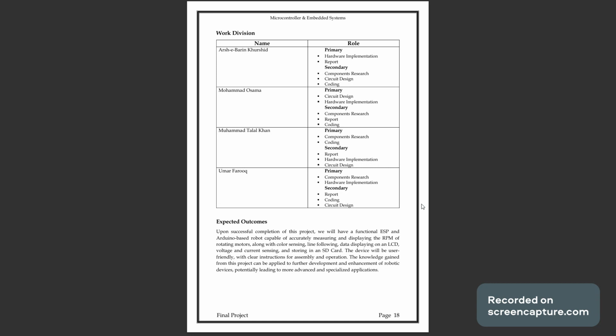Talal was responsible for components research. He was at the forefront of this task, and he was also the main person for our coding for both microcontrollers. Secondary tasks include report, hardware implementation, and circuit design. And lastly, Omar Farouk, he was responsible for the components research, hardware implementation, and secondary include report, coding, and circuit